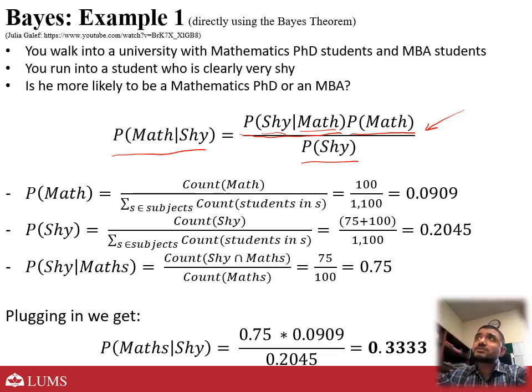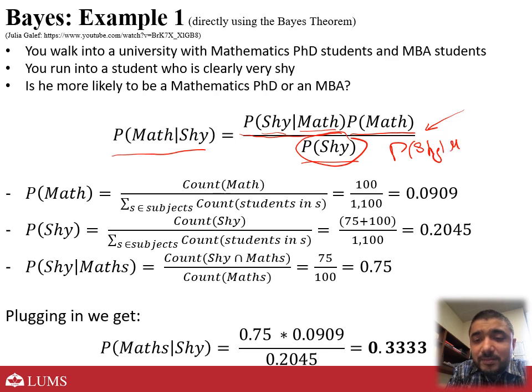What's the probability of someone studying mathematics? And then normalize this whole thing by using the probability of being shy overall. So what does this probability actually mean? How would it be calculated? This would be the probability of being shy given math